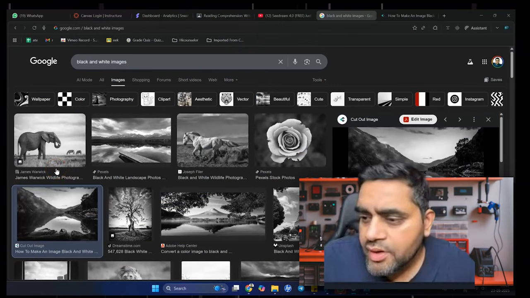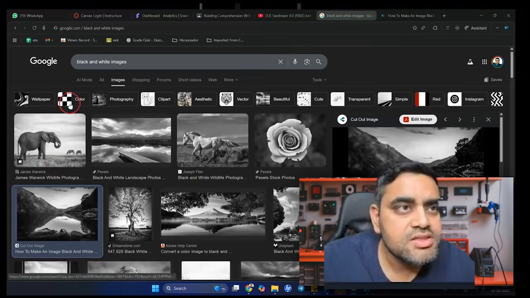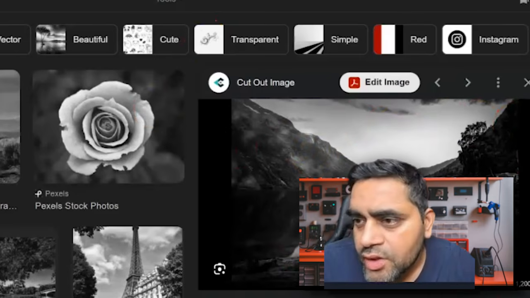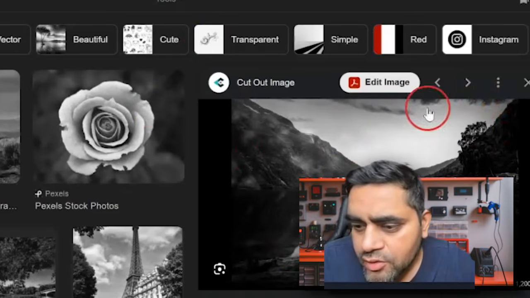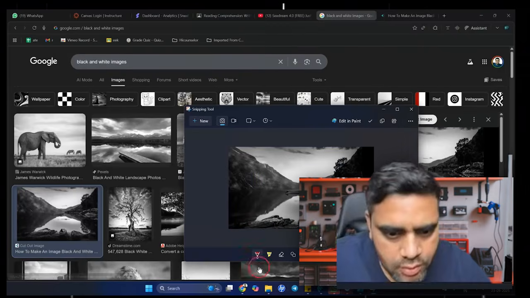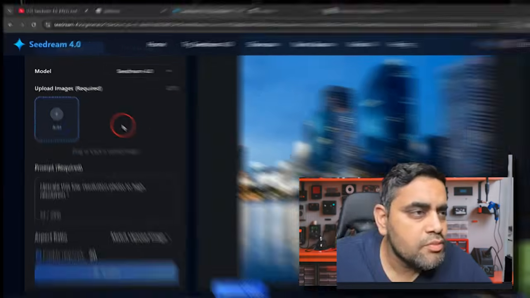So let's move on to our next use case. In this one I'll be taking a black and white image. Okay, so I'm taking this one because this is a complex image. You have mountains, you have sky, you have river, like so many things, right? So I'll just take this image. Okay, and let's go back to our tool. I'll delete this one, I'll upload this one,